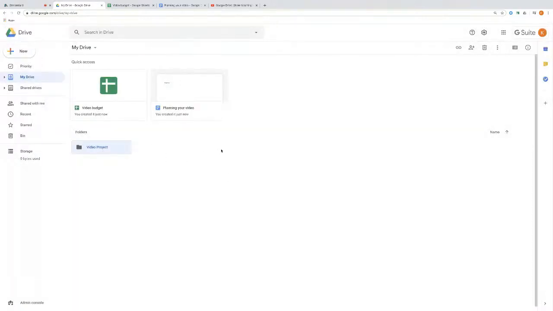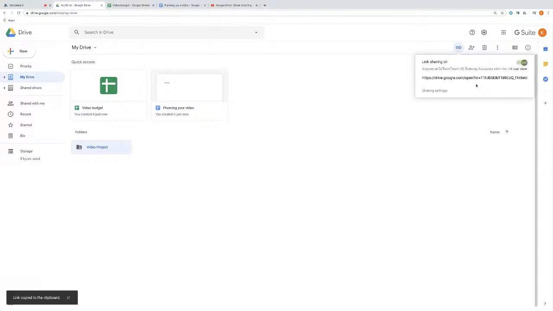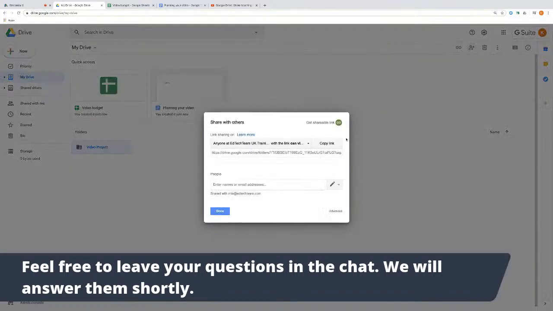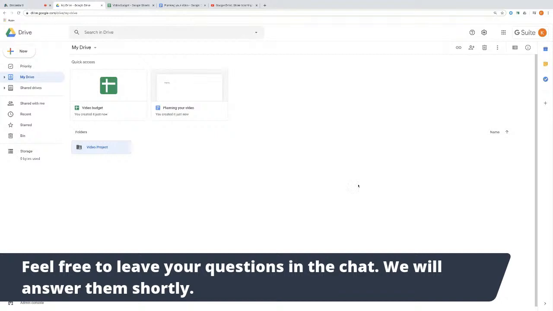What we can also do is, by selecting the folder and coming over to the right-hand side, we can get a shareable link. And if I turn that on, by default, it will create a link in which people can only view the files or the folders. They can't edit that. You'll have to change the sharing settings as we just previously saw. And I can add people into it again. So there's various ways of doing the same sort of tasks.